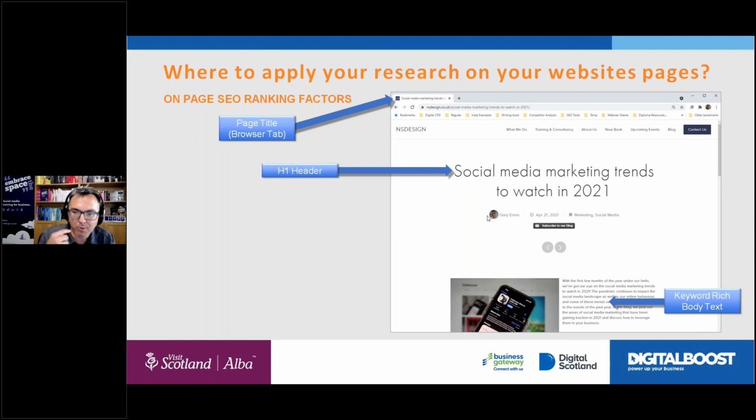How can you get the most important words and phrases, having done your research? How can you start with, "Hi, you know, we're a Glasgow company, we're a Scotland company, we base most of our work in the Scottish Highlands." Now guess what, you might not ever call your general area the Scottish Highlands, but I guarantee some of your foreign tourists do. So how are you going to start making more little matches of important keywords? You simply tweak and edit and rewrite your body text. Rarely do I ever, when I'm working one-to-one with a client, suggest that they completely start from scratch. It's usually about just interjecting cleverly, rewriting a little bit, tweaking and changing, and getting important words in there,